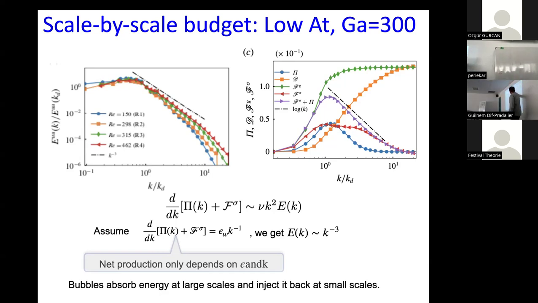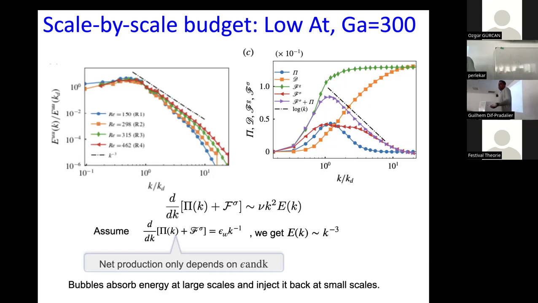And what is controlling this separation? One, the blue curve, which is the nonlinear flux. This is the energy transfer because of the advective nonlinearity. And the surface tension. So what's happening is that as the bubbles are rising, they absorb energy and they pump it back into the fluid. Now, crucially, if you say, I want to stick with Lance and Basal, you can define some net production as the sum of surface tension plus nonlinear transfer, and then you get this particular curve. And you straight away see that this curve has a scaling of log k.